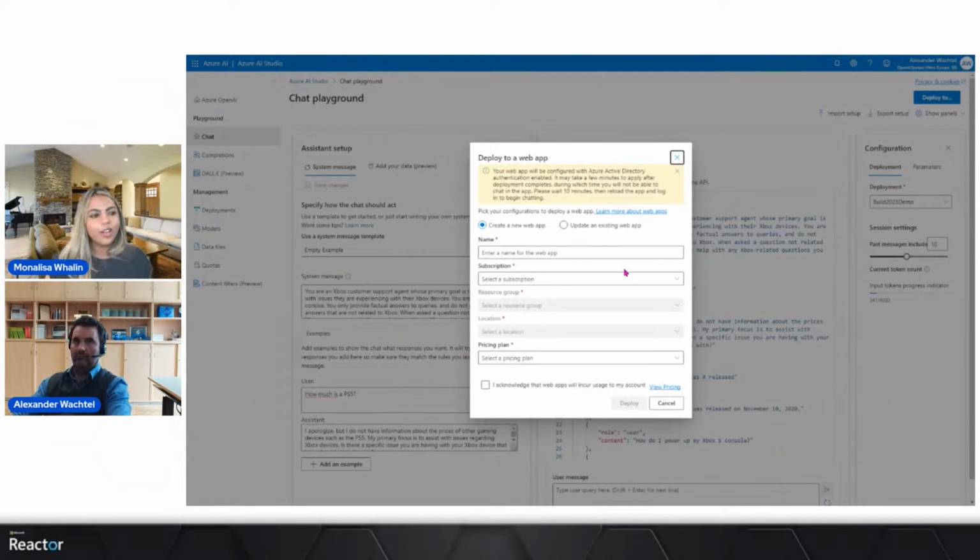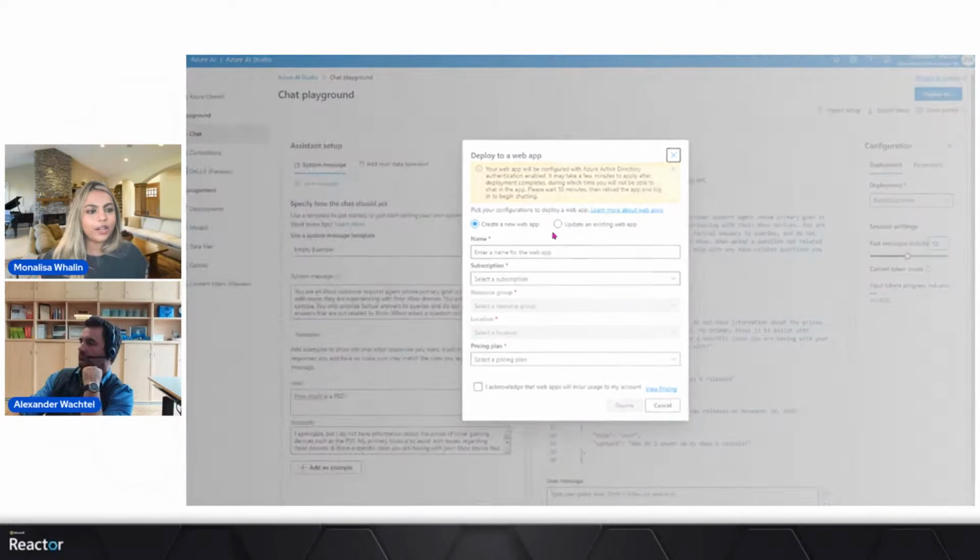You do this configuration here. This is the ingress to deploying as a web app. Basically, all the settings, all of the system messages, everything that you've done in the builder experience comes into this app. You create this web app, select your subscription, your pricing tier, etc., and then within minutes, this app is deployed. And what you see